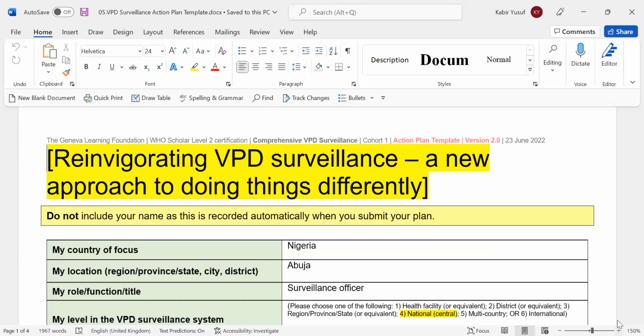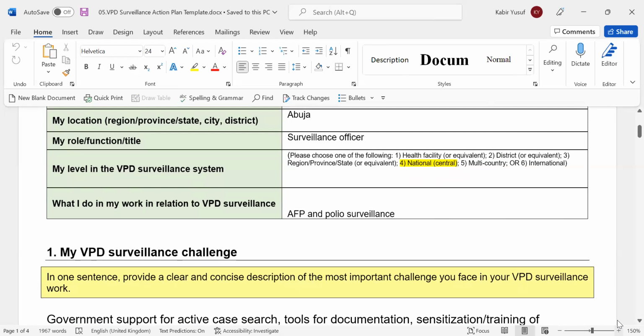Now, I title it as a re-immigration BPD surveillance, a new approach to doing things differently. My country of focus is Nigeria. My location is Abuja. I'm a surveillance officer, and I'm working at the national level.